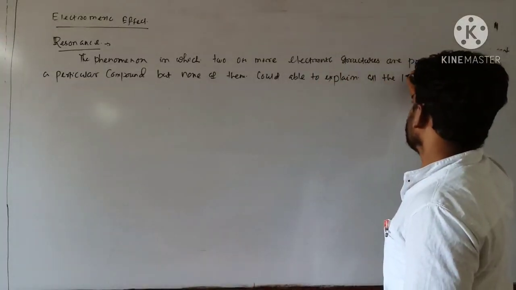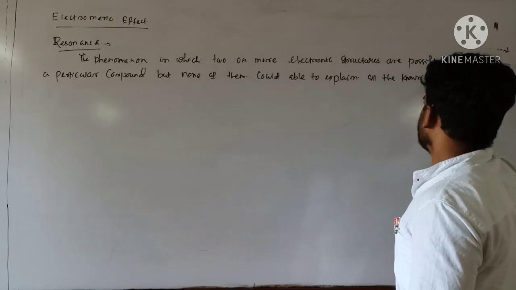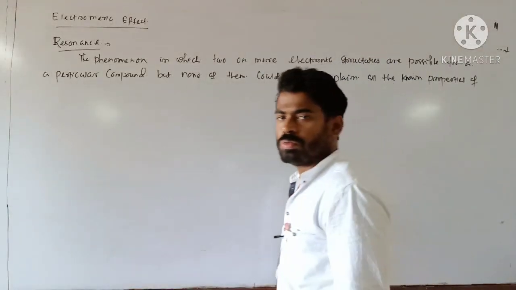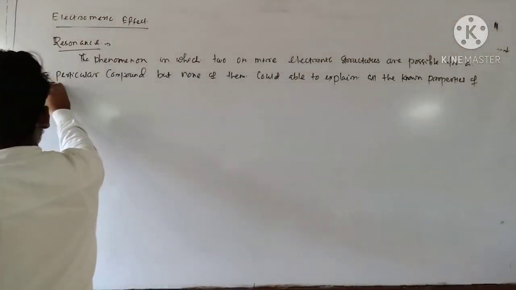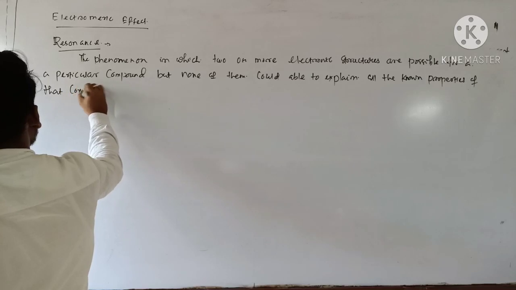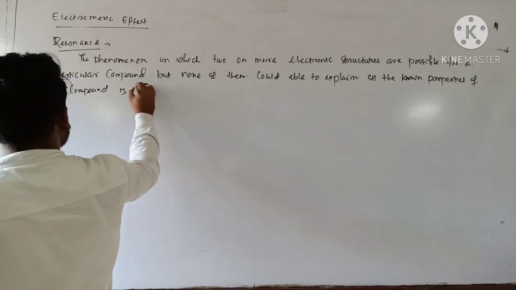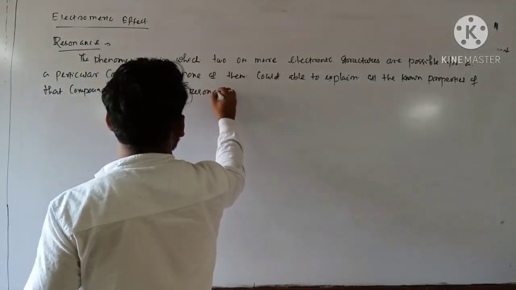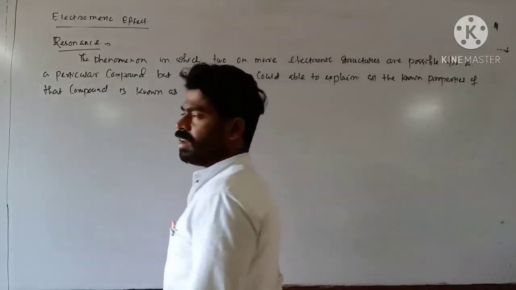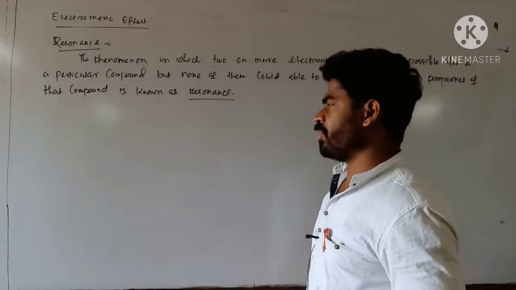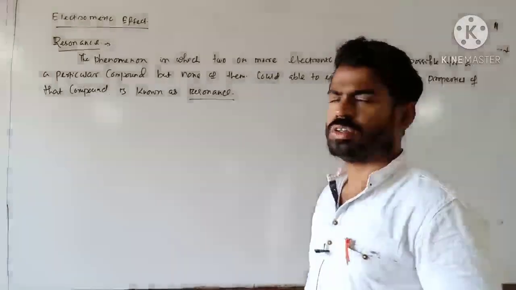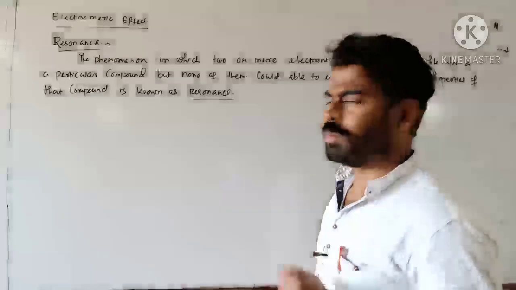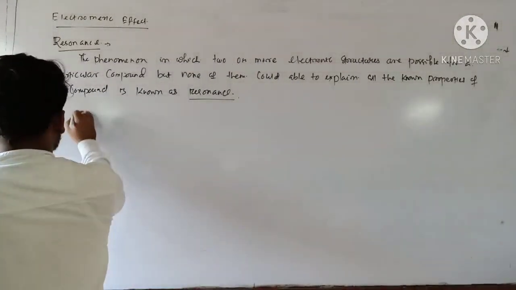This is known as resonance. Clear? And these electronic structures somehow contribute some properties of that particular compound, so these are known as contributing structures. So each electronic structure of that compound